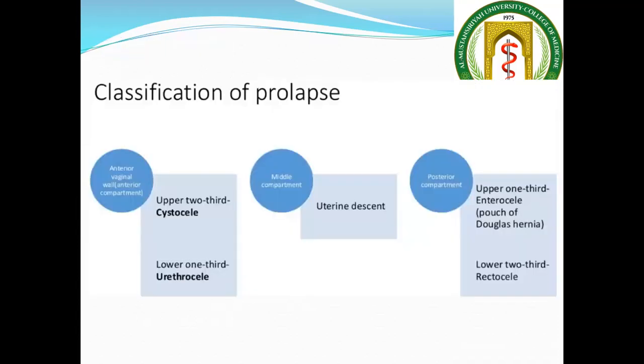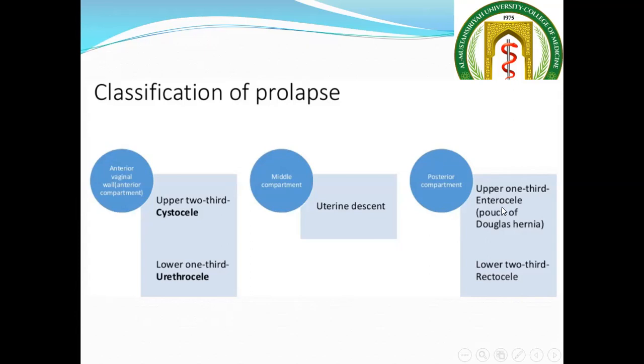The classification of a prolapse: we classify the prolapse according to the sides. We have anterior, middle, and posterior compartment. And according to the organs involved, we have the bladder, cystocele, the upper 2/3, the urethra, urethrocoele, the lower 1/3, the uterus, uterine descent, and the vault prolapse, vault اللي هي vaginal vault, and the posterior compartment, the upper 1/3,